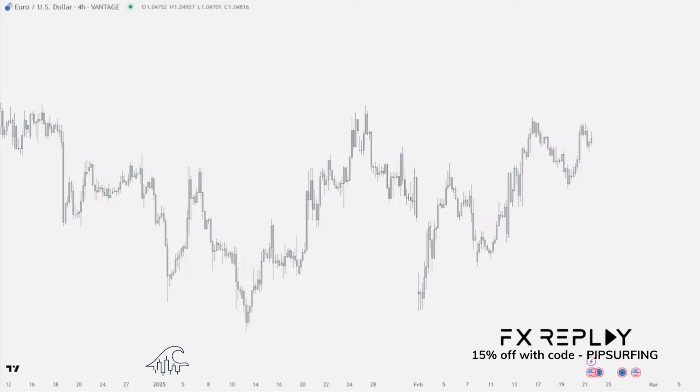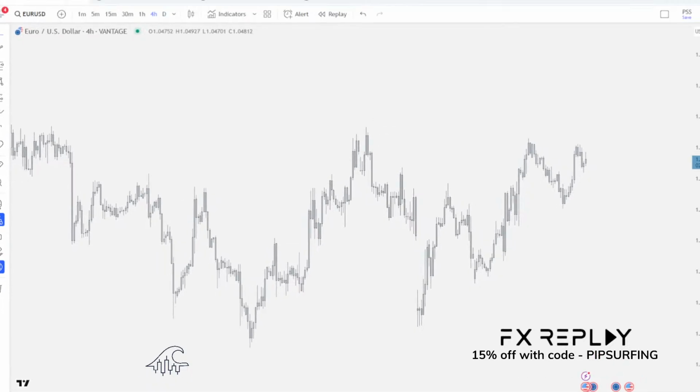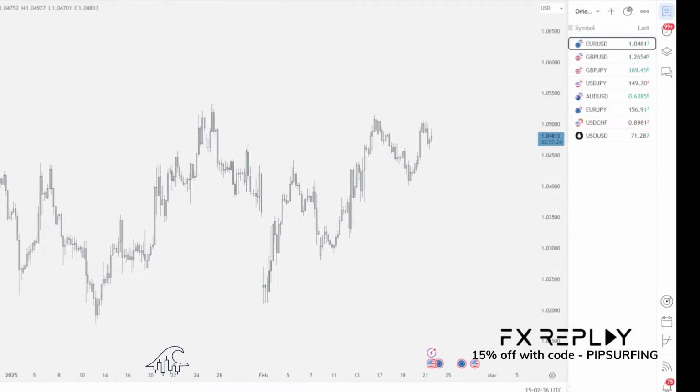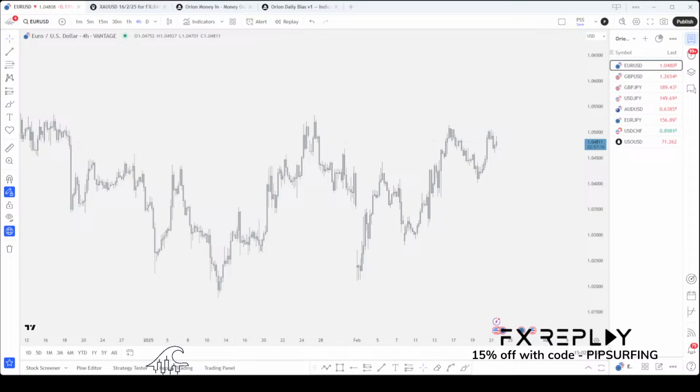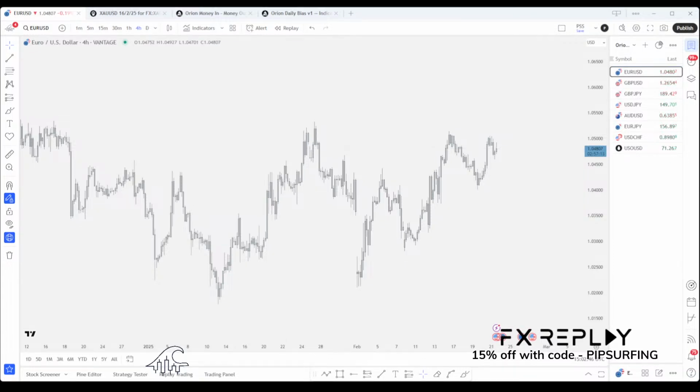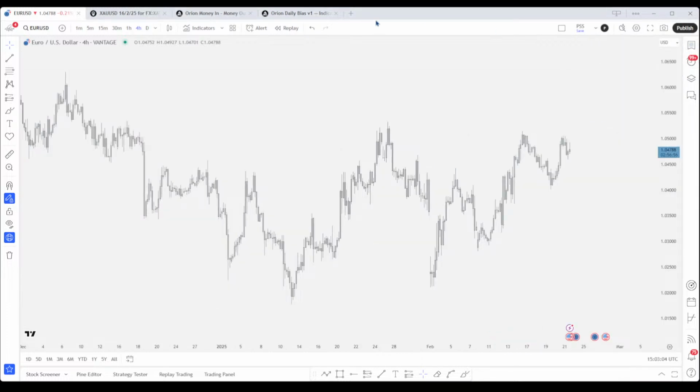Now what I'm going to do is bring this in. I'm just going to adjust this, guys. Don't mind me, so you can see the screen in its entirety. Okay, so you can see the full screen now. What I will do is remove this, and I will also remove this. Now you have a completely blank chart, and you can see every single part of the chart as if you were on your own screen,